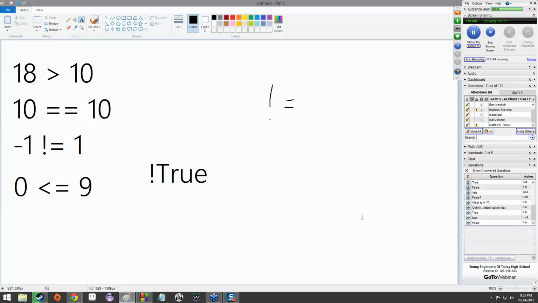This is the last operand, and, well, there are other ones which we'll get into, but for now, this is the last operand we're going to go over today, and it's simply called not. Just exclamation mark is not. So this can be read as not true, which is false. The if statement will be read as false.